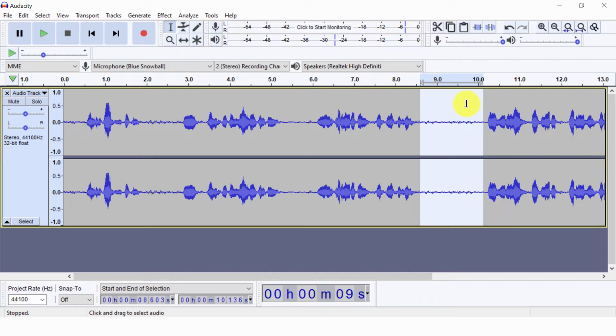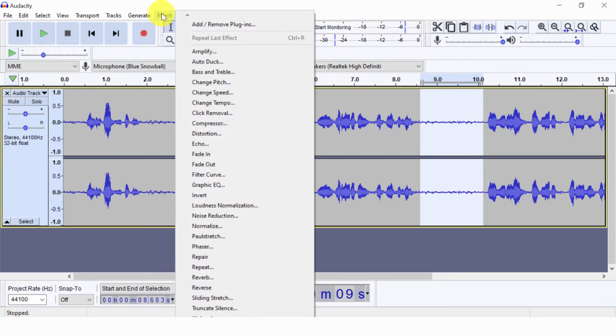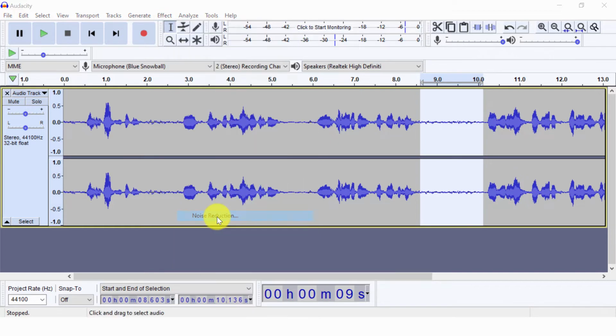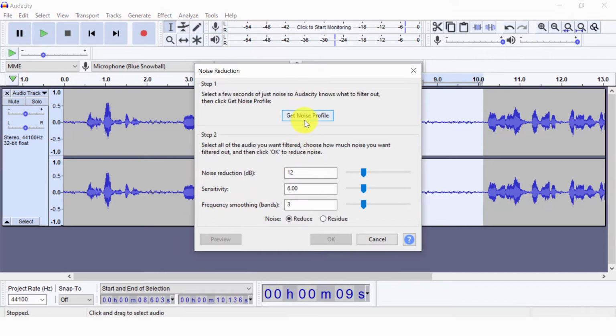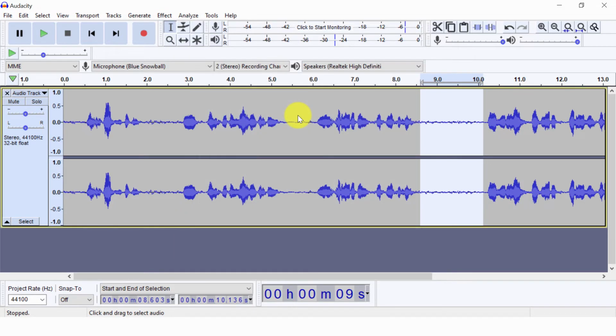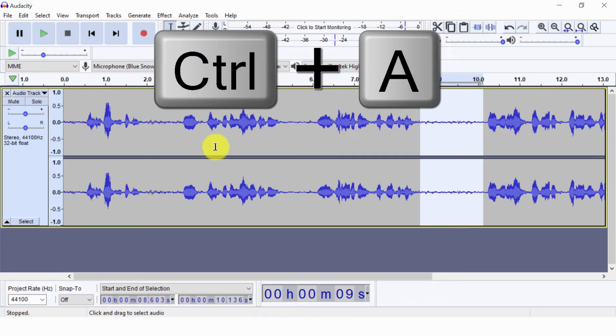First of all I will select this portion. When it is white color it means it is selected. Go to effect and noise reduction, click on that and hit get noise profile. It will read the noise profile from here. Now the next step is to select the full audio.